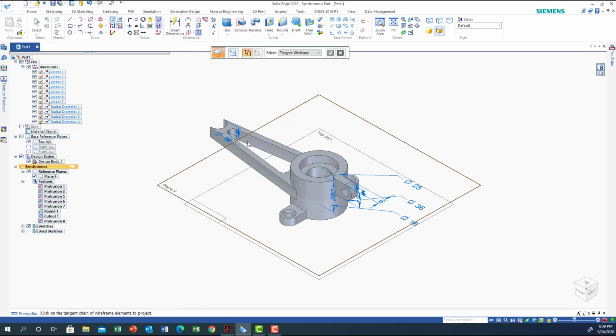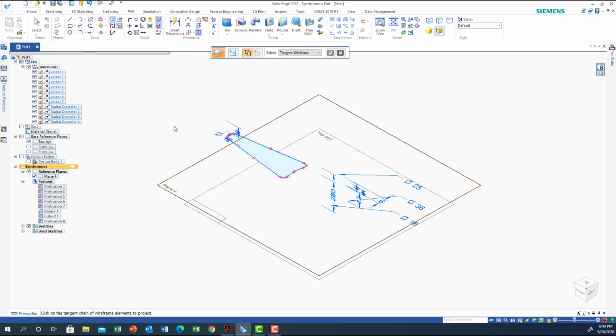Now I need to check the loop I need. So I need this loop, and automatically say okay. Now it will be projected on the plane itself, so I can go back to the plane, and then I can hide the design body if you want. If it's bothering you, it's not bothering, but I can show you too. Now I can do just extrusion